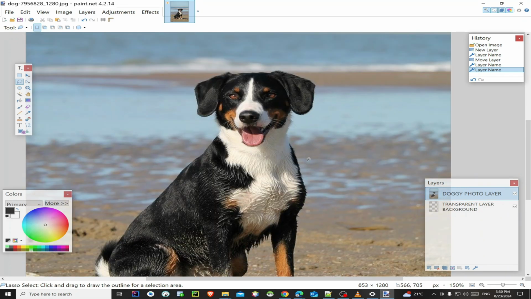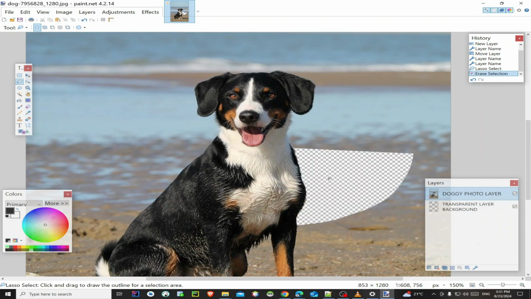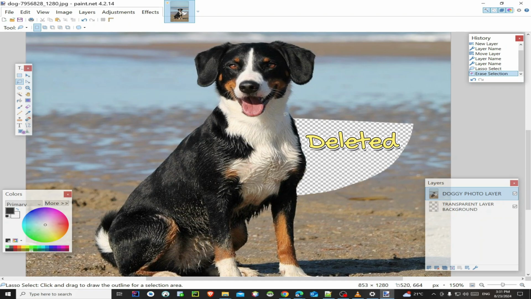Now to get us started, I'm going to use the lasso tool to move it along the edges of the animal. Do like this. You can see me use the lasso tool along the edges of the doggy. Then I pull it to the right like this. Now to remove that background, what I'm going to do is click delete. Yeah, you see. So being able to remove part of